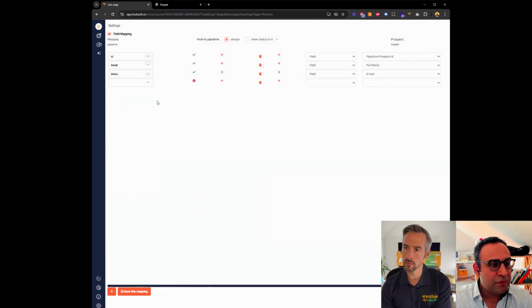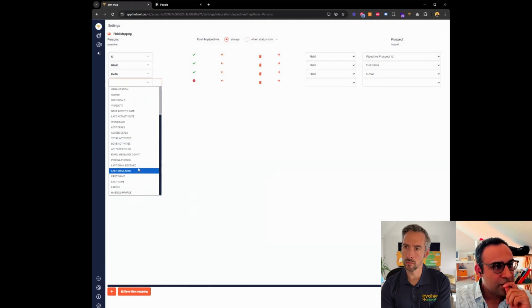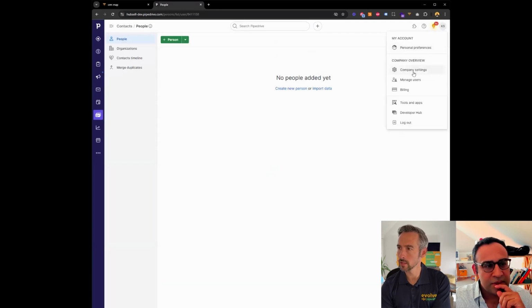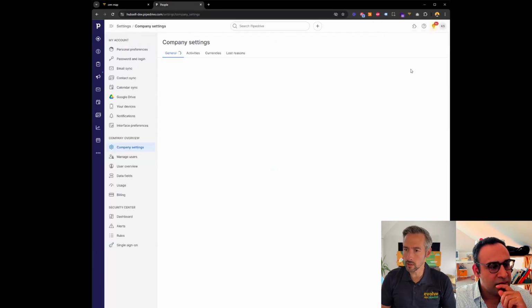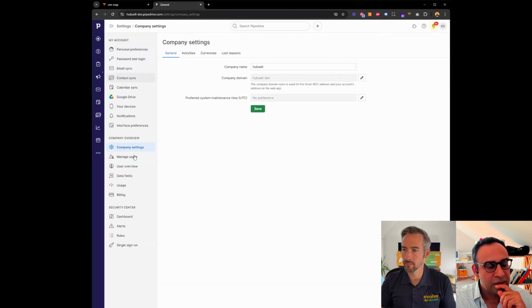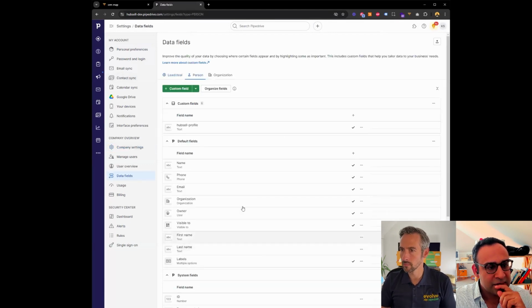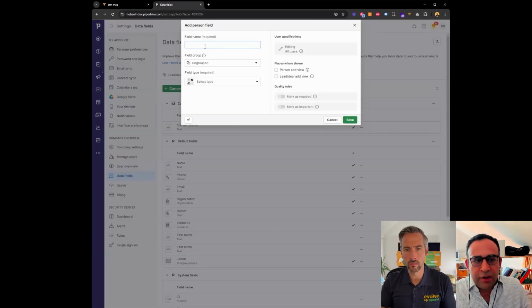And so whatever field you create there, I can show that to you. Just a second. If I go to contacts, no, wait a second. How do you do that again? I think it's company settings and then on the left, data fields, and then person fields, and then let's add a custom field. And this is very important, but for some reason, most CRMs don't have that. And what it is, the contact's